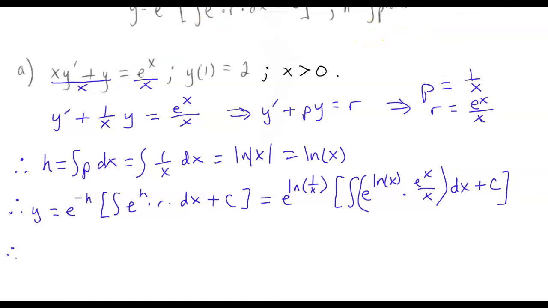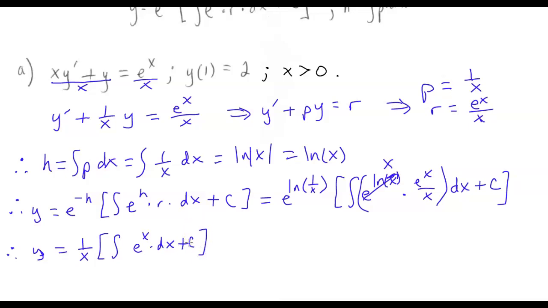All right, so now that we have that in place, we just figure out what y is. So, of course, e raised to the natural log of 1 over x is just 1 over x. Here, e raised to the natural log of x, that is just x. And this x will reduce to 1. So essentially we're just going to have integral of e to the x dx